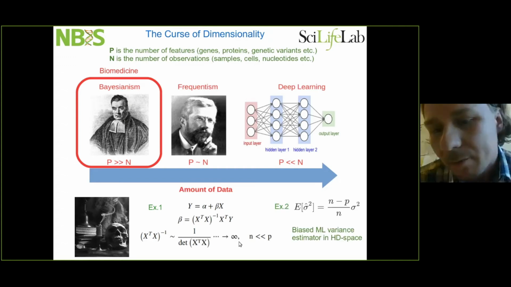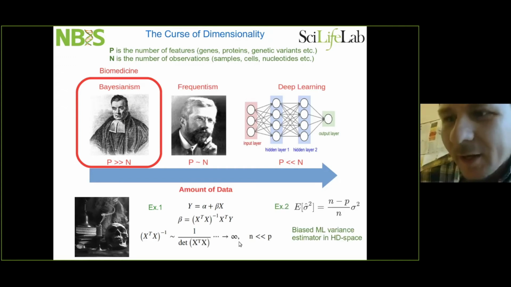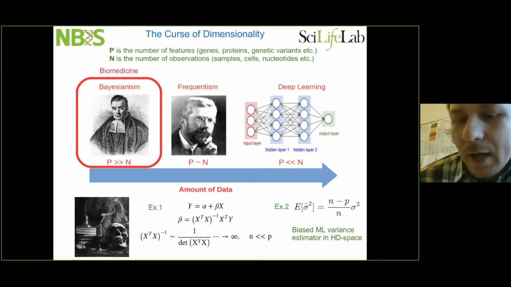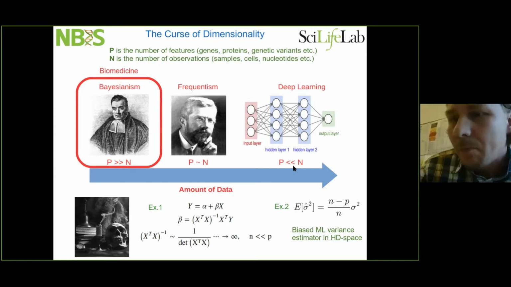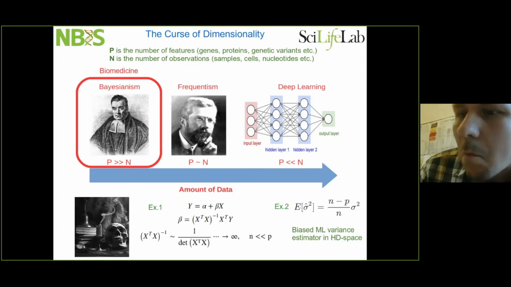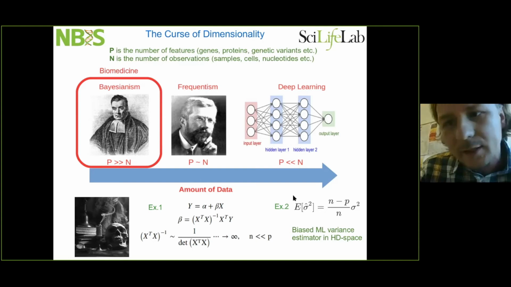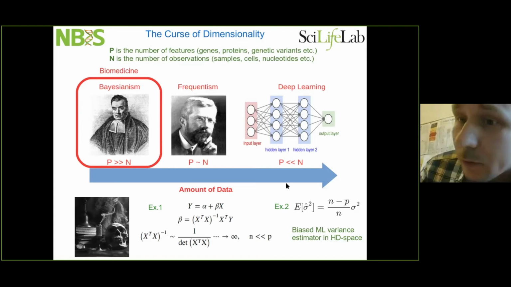So another example is this. It can be analytically derived that the variance estimated in the maximum likelihood way, for example, in this frequentist, traditional statistics way, is biased, and it becomes even more biased in the high dimensional limit. So basically here you have explicitly this interplay between N and P. On the left side, you have the estimate of the variance from the maximum likelihood principle. On the right hand side, sigma squared is the true variance.